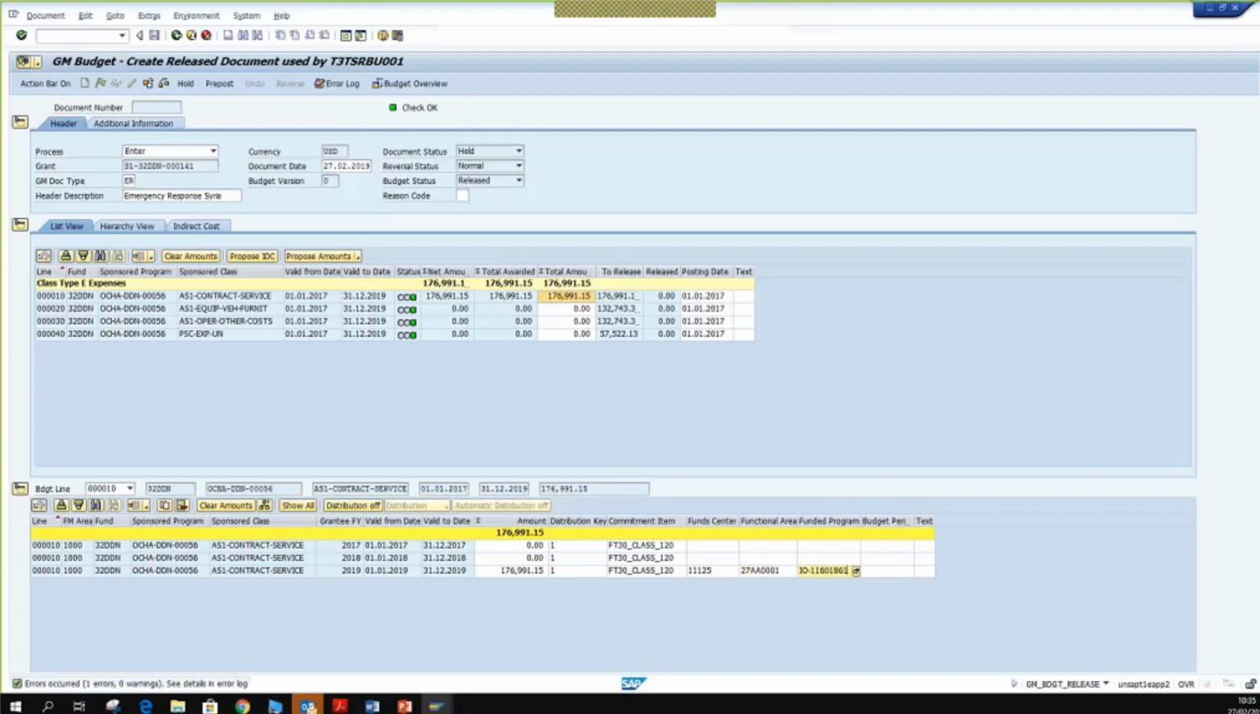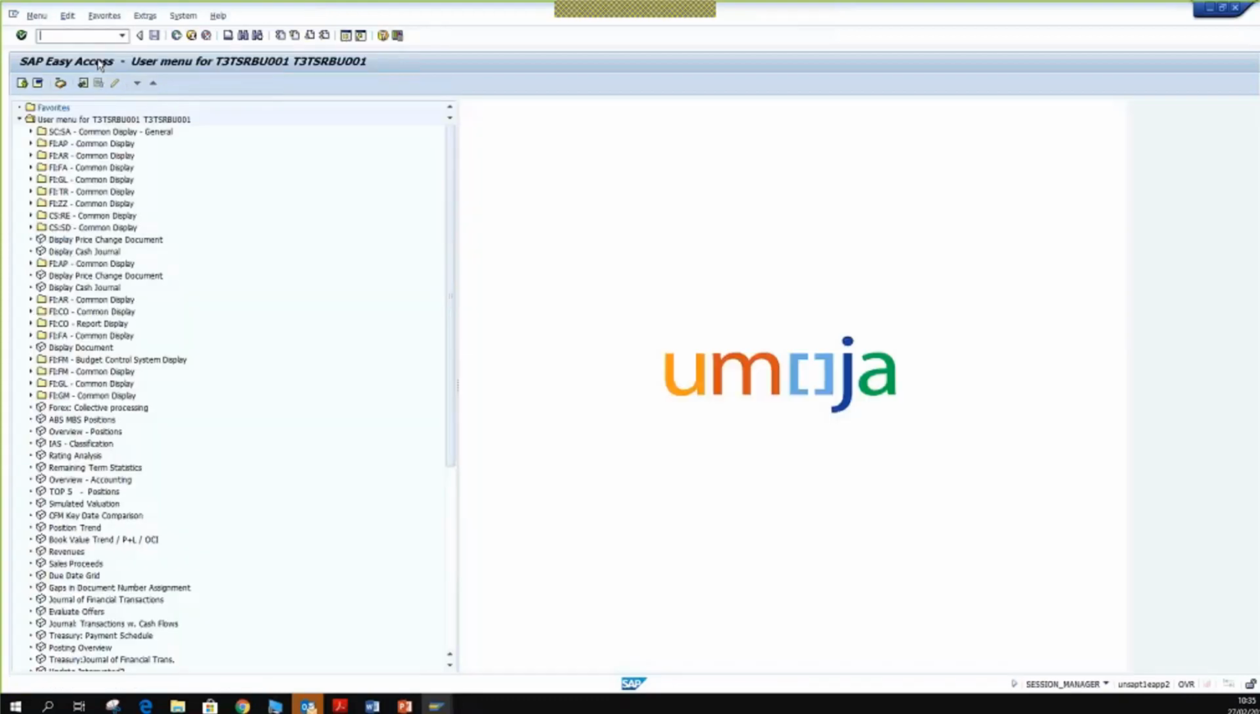11601861. Let me open a new window for you because I want you to link things. Let's go to the sponsor program again. GM program. Oh my God! Yeah, because now I'm logged in as a grant budget release user. And I cannot check the sponsor program,